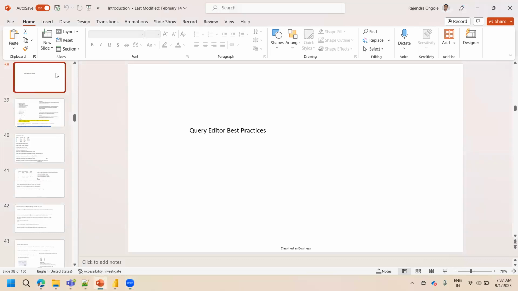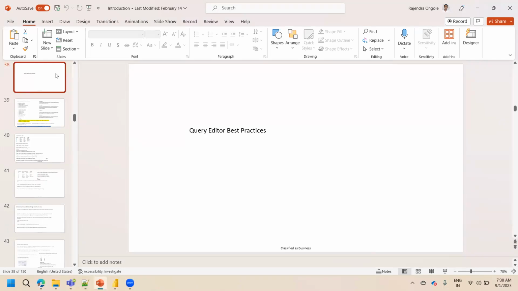Up to yesterday, we discussed the theoretical concepts related to this Power BI. Today onwards, we will get started on the practicals. So it's a practical and also a little bit theoretical on the topics. We are going to work on the Power Query Editor with one of the best practices and report